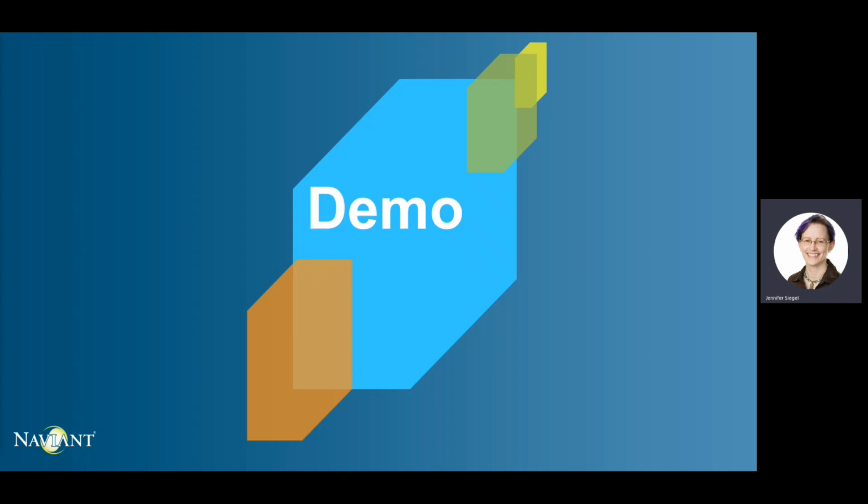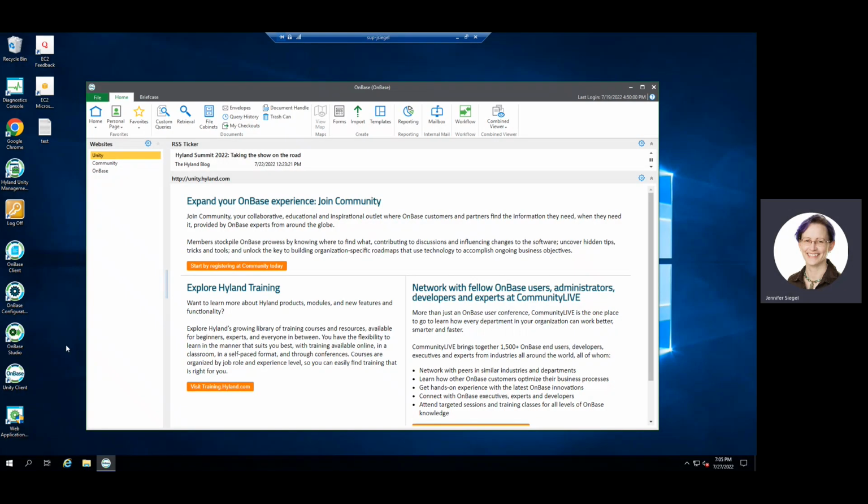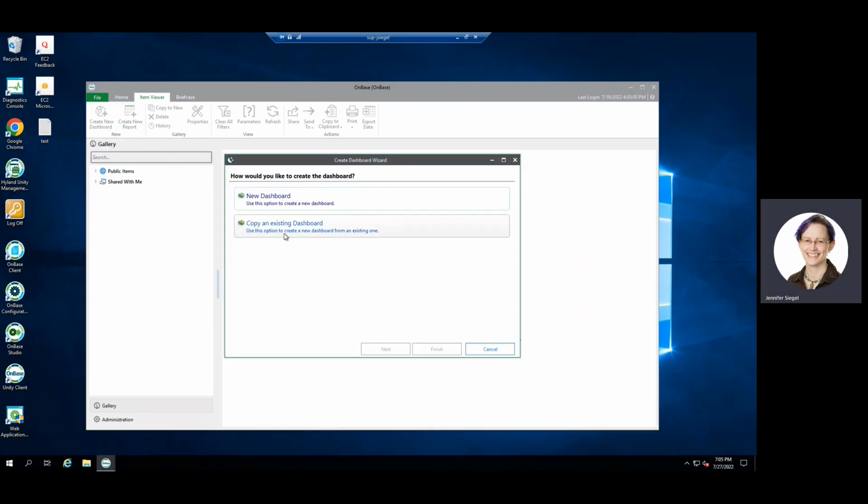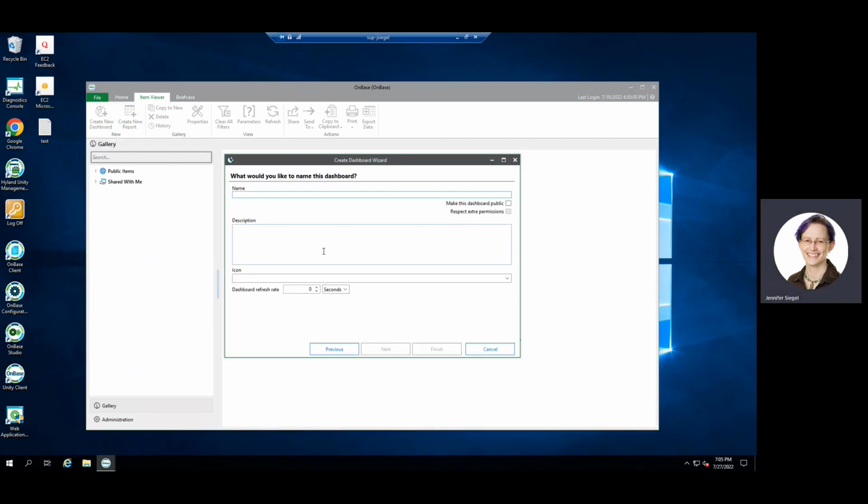All right, demo time. All right, so let's get into OnBase Unity client here. We will go to reporting and we will create a new report. So I'm going to create a dashboard. Create a new dashboard. I'm going to call it, oh gosh,